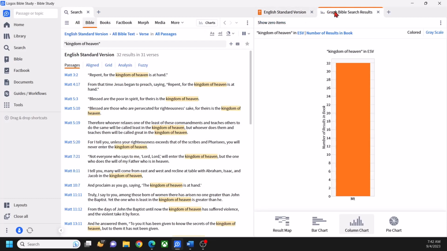And so there's a graph Bible search results. So kingdom of heaven in the ESV, the number of results in book. So it's giving us a chart showing the number of results in a book. So it's got only one bar. Why? Because all the hits are in Matthew's gospel. So there's 32 hits in Matthew's gospel. If I hover over that, see the number 32 pops up, or you can see it on the bar chart